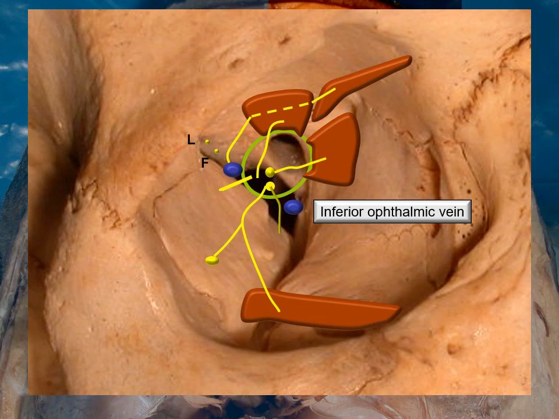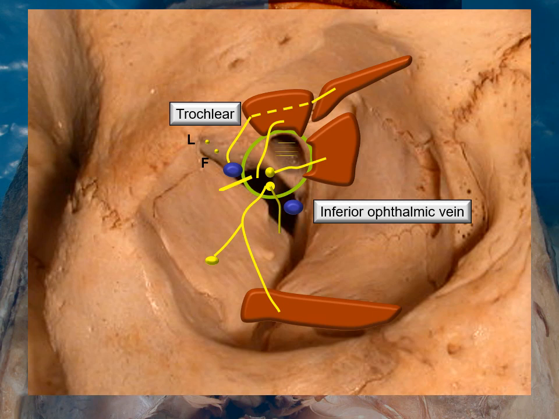Now here you can see some of the structures originating from the region of the apex of the orbit. I felt this may be a very important area for discussion. You can see the inferior ophthalmic vein is labeled. Similarly, on the other side there is a superior ophthalmic vein. The first structure that needs to be identified is the optic nerve. That blinking animation is the optic nerve. There is a common tendinous ring around it. Then the structure marked immediately above is the trochlear nerve. You can see that it is going to the superior oblique muscle.